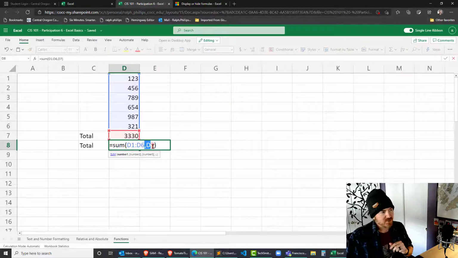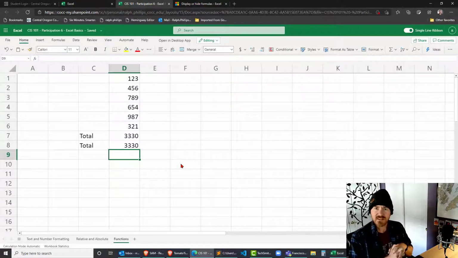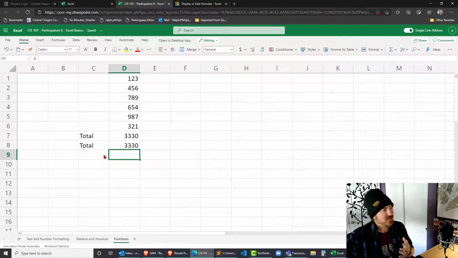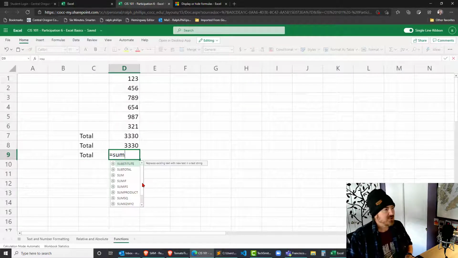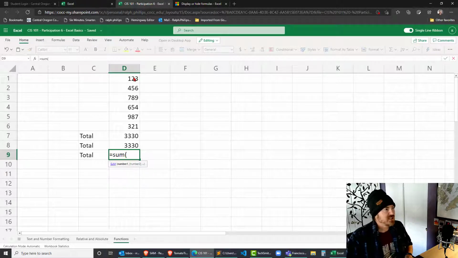However, since that's not an appropriate one to use, I'll take that out and we'll use multiple arguments in a little bit. Okay, so that's a pretty good way to go and pretty efficient. Now, of course, I also could have done this with multiple arguments. Equals sum parentheses, the first cell,